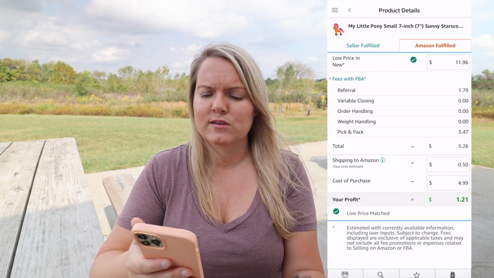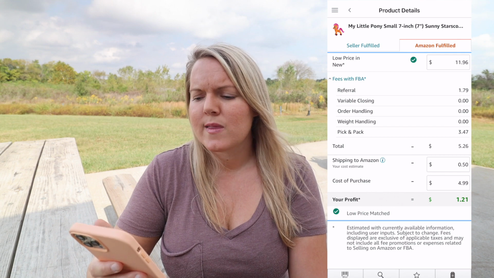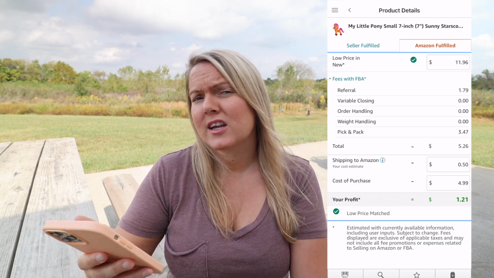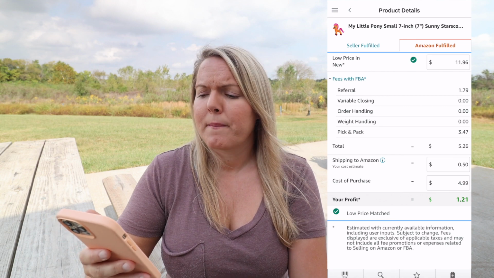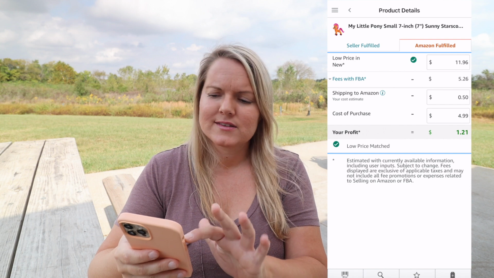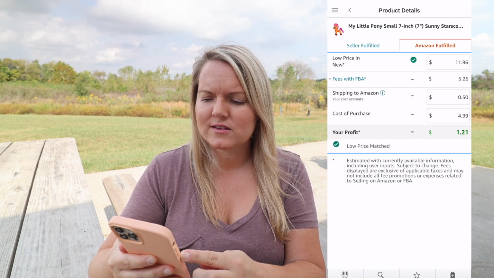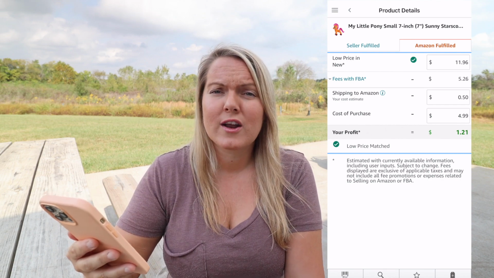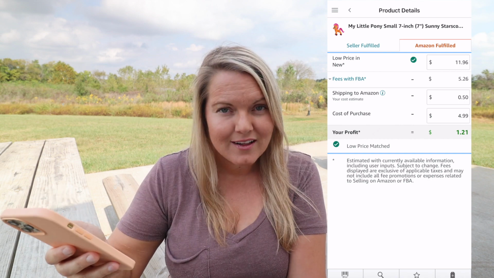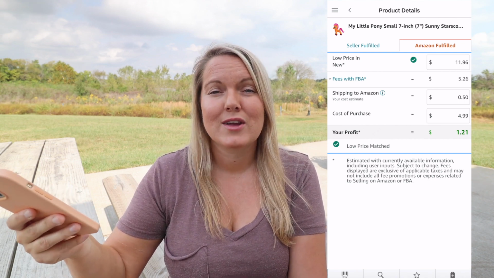Again, that's after the fees, which you can see here. So the referral fee for FBA is $1.79, and the pick and pack fee, that's the fee I pay to Amazon to pack the item up and send it to the customer, handle all the customer service, is $3.44. So after I sell the item for $11.96, pay the shipping, pay the fees, get my cost of goods back, I would have an extra $1.21 left over of profit. That means I got the $4.99 back plus an extra $1.21. So that is what I'm talking about in my videos on profit, and that's how you see it in the